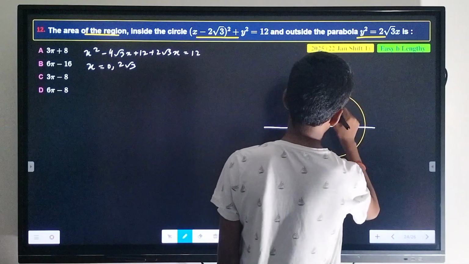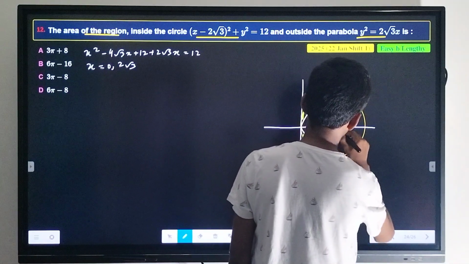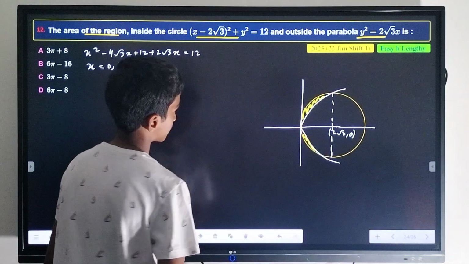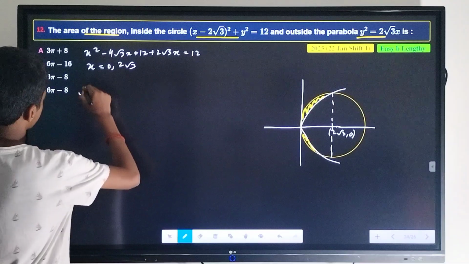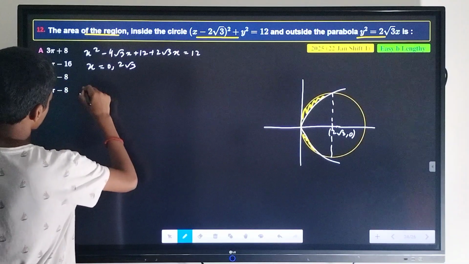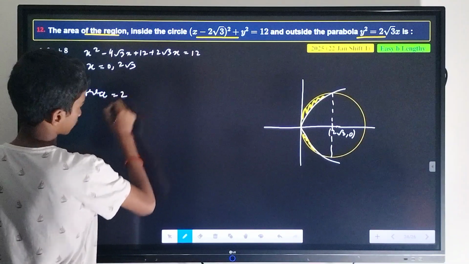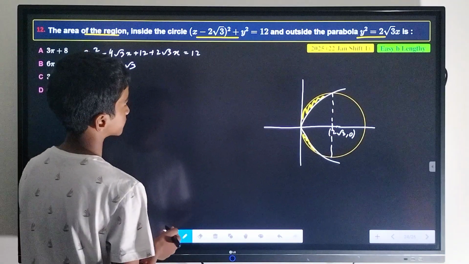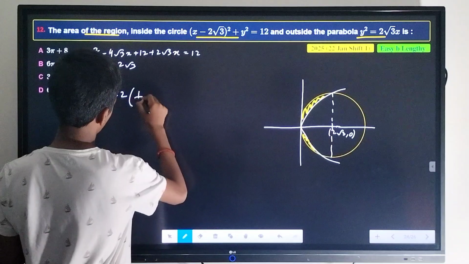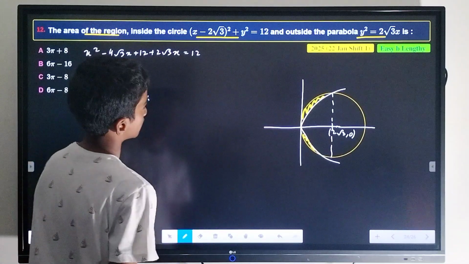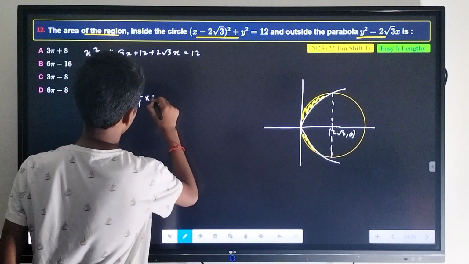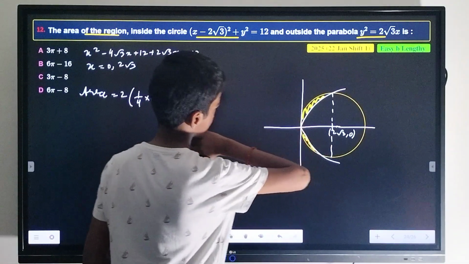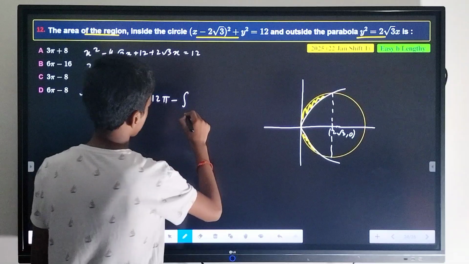So this point lands at the center, 2 root 3 comma 0. So from here our required area is equal to 2 times 1 upon 4 into pi r square, which is 12 pi, minus the unwanted area, integral from 0 to 2 root 3